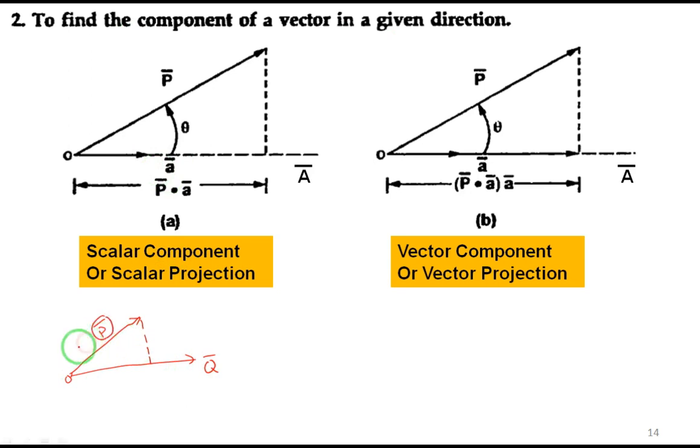So the magnitude of p vector, I will write simply like this. And the angle between p vector and q vector is theta. I want to take the projection of this p vector onto q vector. So simply I will write p cos theta. Simply, this magnitude of p, I will write as p. This indicates only magnitude. So finally I will get p cos theta.